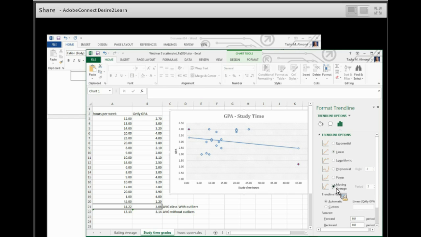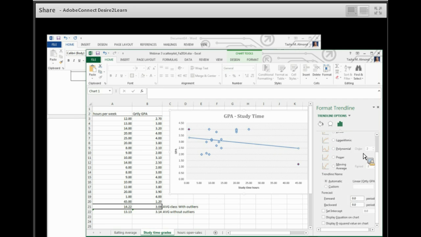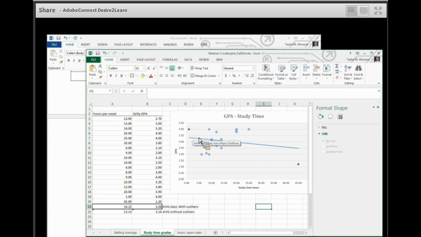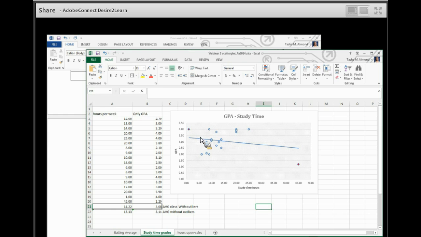You can also do a moving average on here, which doesn't really make sense to do, but you can see there's that option. So we're going to keep it with linear. The other thing you can do, which we're going to talk about in the next live session, is to do an equation on the chart. But for now, what we can see here is that there is some sort of linear trend going on,